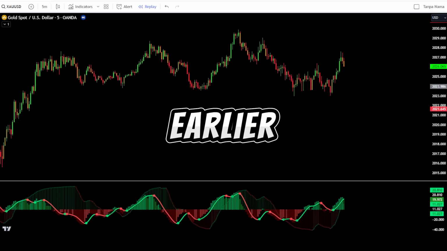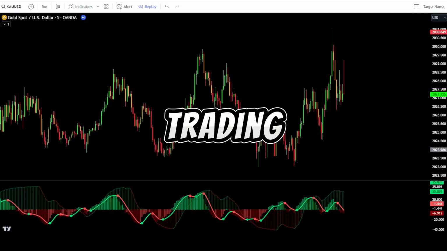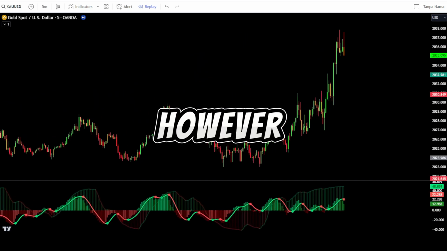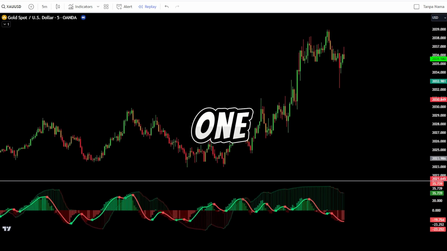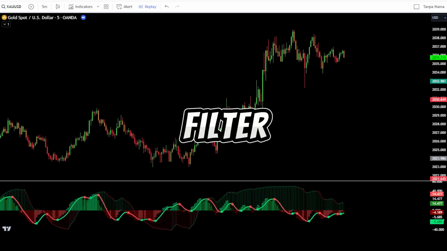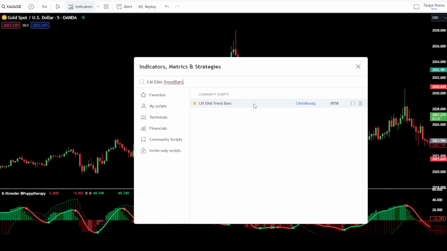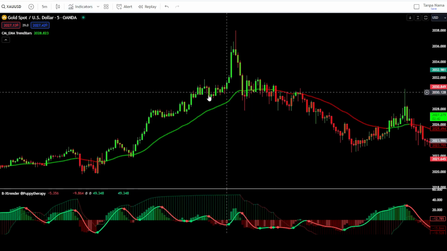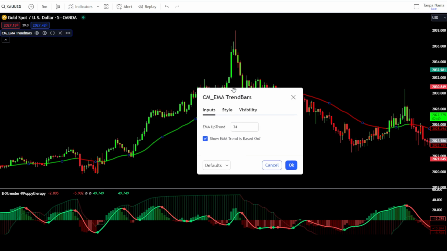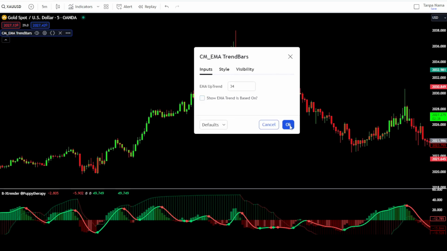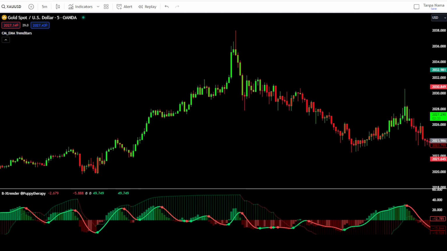As I mentioned earlier, there are 2 ways to enter trades in this trading system. However, before we proceed, let's introduce one more indicator that will serve as a trend filter in the market. Go to the Indicator Search tab and type in CMEMA trendBars, then select CMEMA trendBars from Chrismoody. Afterward, access the indicator settings, in the Input tab, uncheck the box for Show EMA Trend,